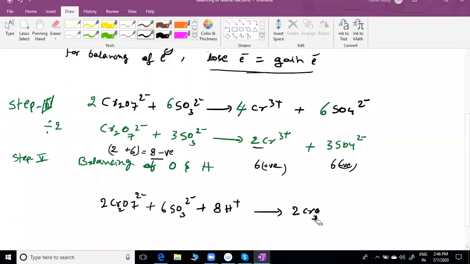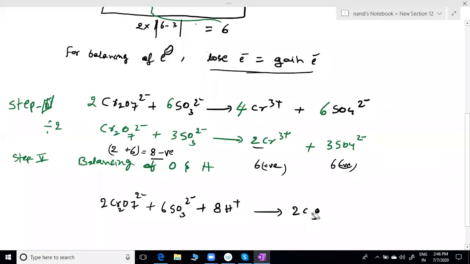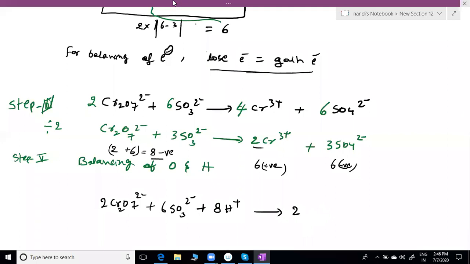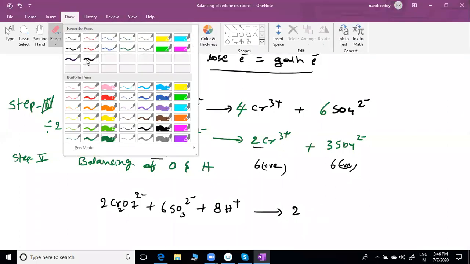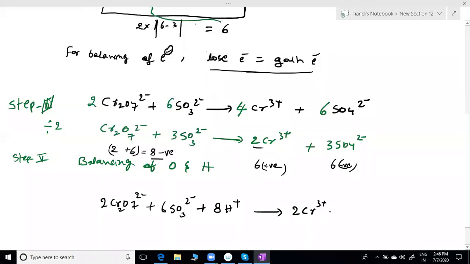And I will use another example also. Please try to follow this one first. I will explain one more time also. Don't worry, you will get it very easily. Plus 3 SO4 2 minus. Now check it. Our target is,